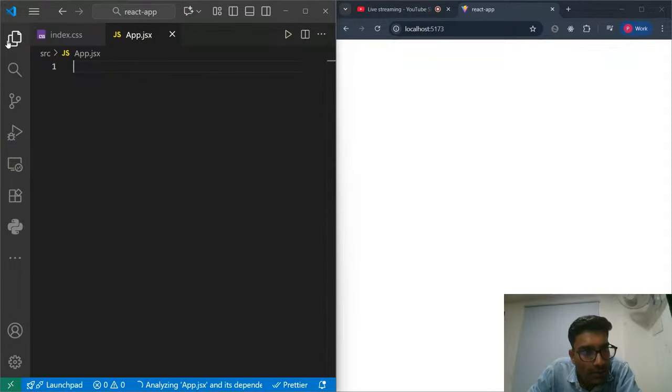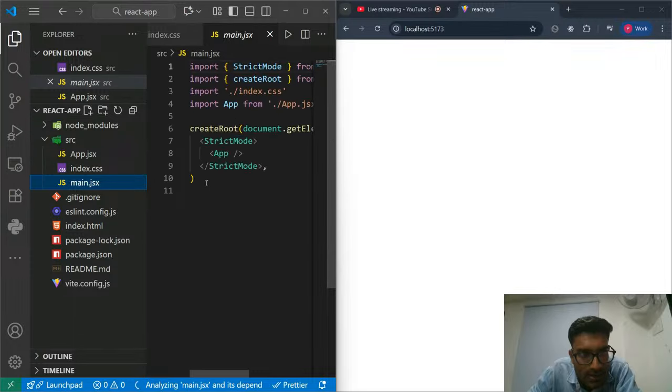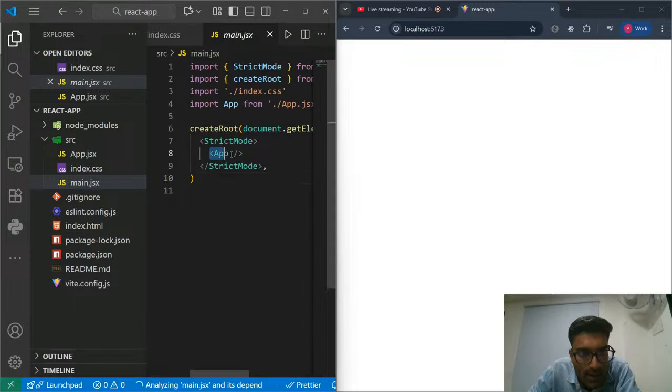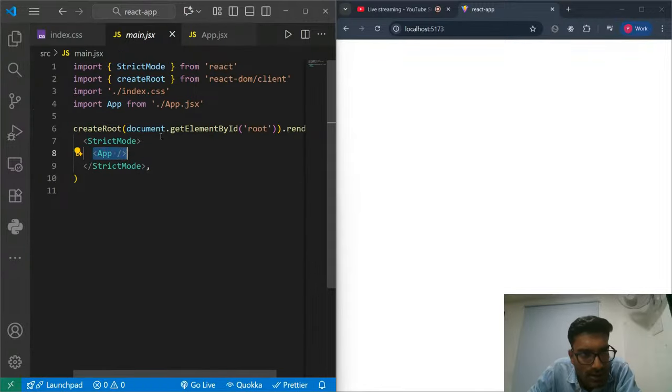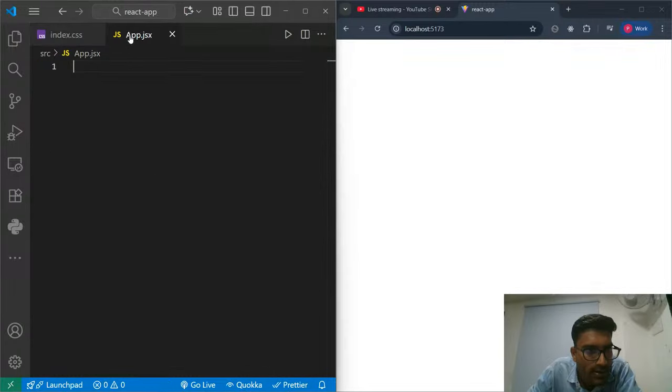So now anything you want to edit inside your web app, you have to write inside app.jsx. This is the main file of your React application, app.jsx. Okay, this is our main CSS file, and this main.jsx is creating the virtual DOM here, and we are rendering our app on the screen. So this is some basic React configuration that you can easily understand.